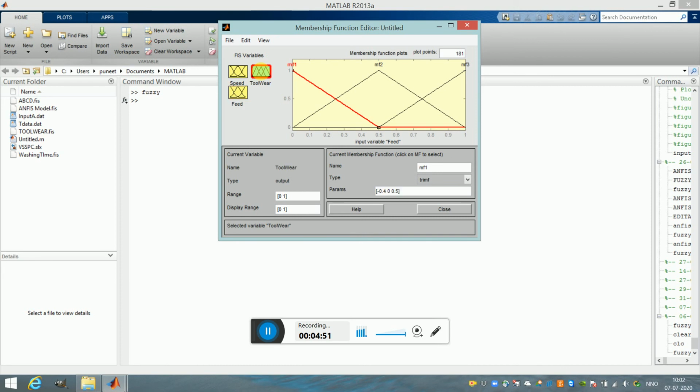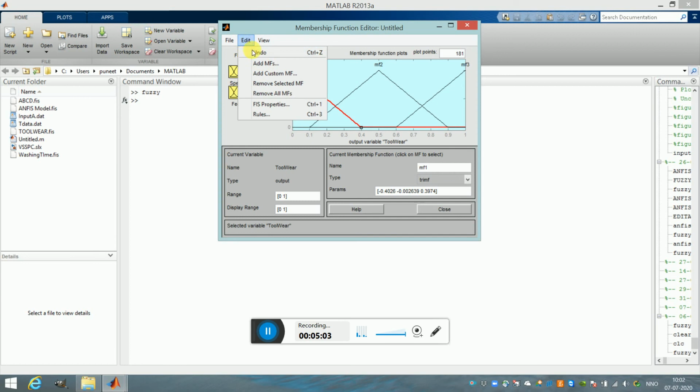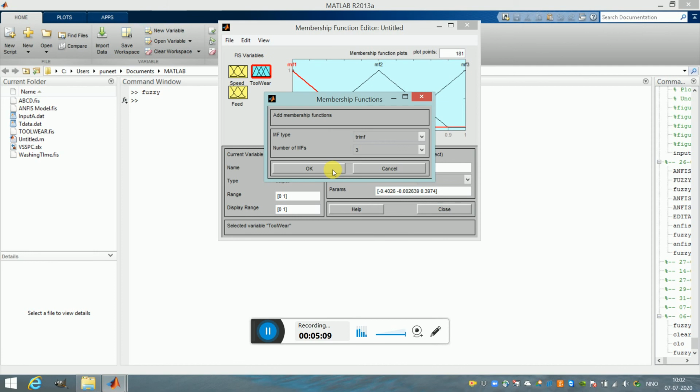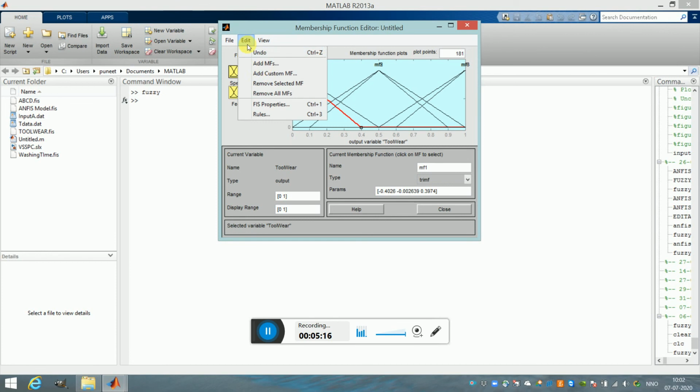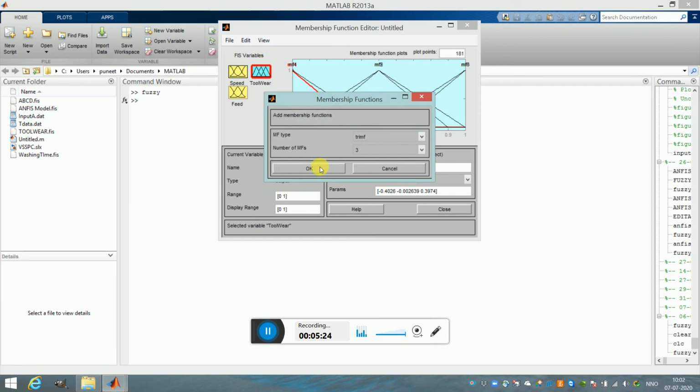Now coming to tool wear, you will do the same thing, but here you can add more membership functions. In this example I am adding more membership functions. Again I am adding a triangular membership function here in the tool wear. Add one more membership function. In tool wear I am having, say, 5 membership functions, so add one more.